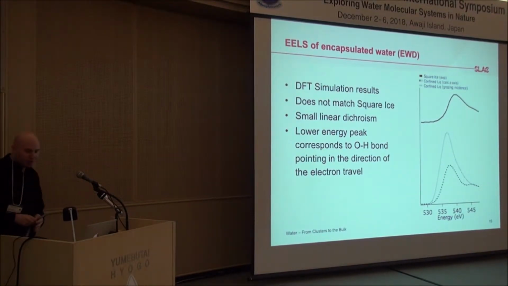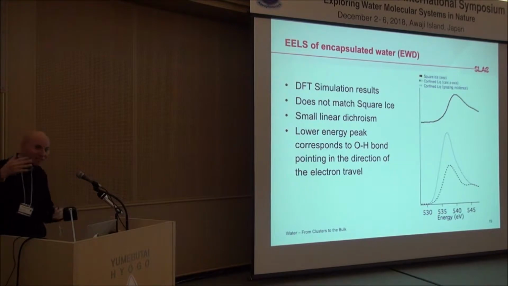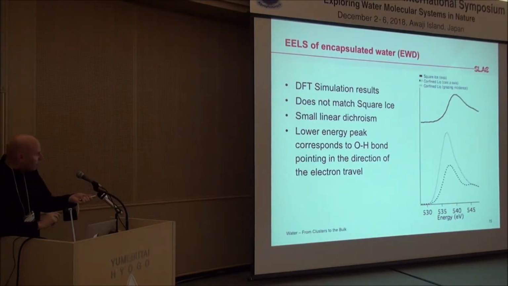So you can measure this, you can imagine two different ways. You can measure it, graphene, water, graphene, going through the sample. And that's actually how they measured it, because that's easy. You just go straight through the sample. You could also do it in grazing incidence. So you could come perpendicular and basically not touch the graphene and go straight through the sample. They didn't do that, but I'm showing that as an example so you can kind of get an idea of